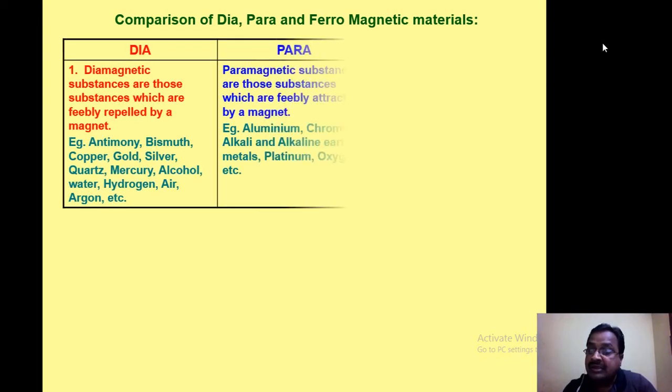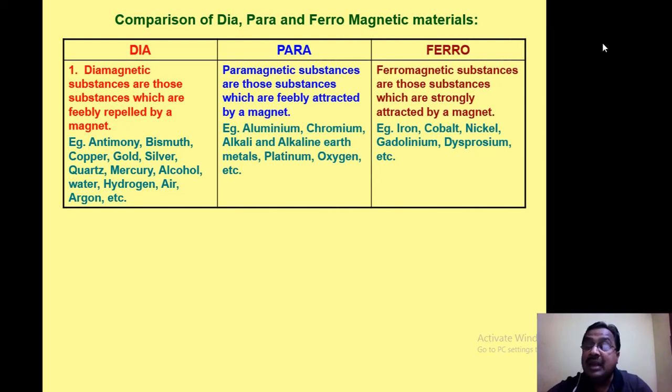Now in this particular case we will see some magnetic materials. Already we have discussed that magnetic materials or substances are those which are affected by a magnetic field. So a substance which is affected by a magnetic field is called a magnetic substance, and magnetic substances are of three types: diamagnetic substances, paramagnetic substances, and ferromagnetic substances. Let us discuss their distinguishing properties. Let us make a comparative study.